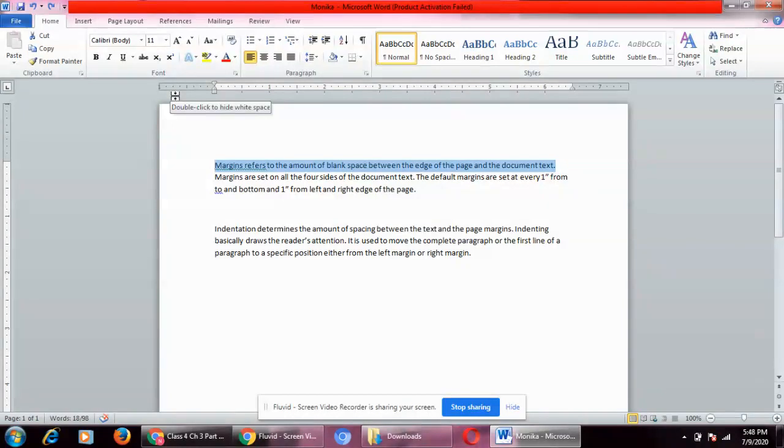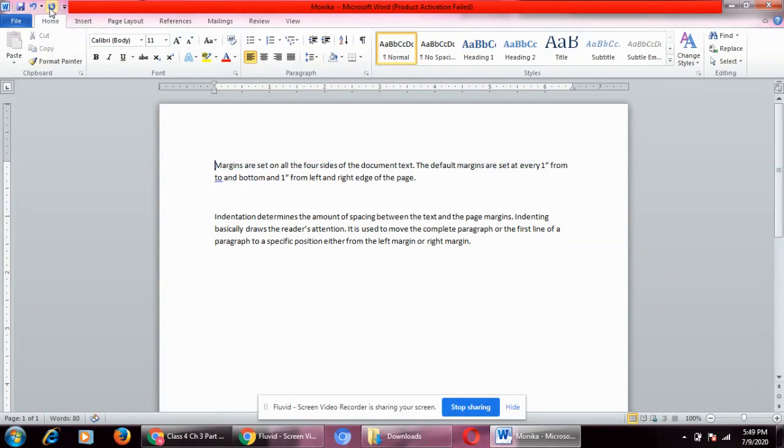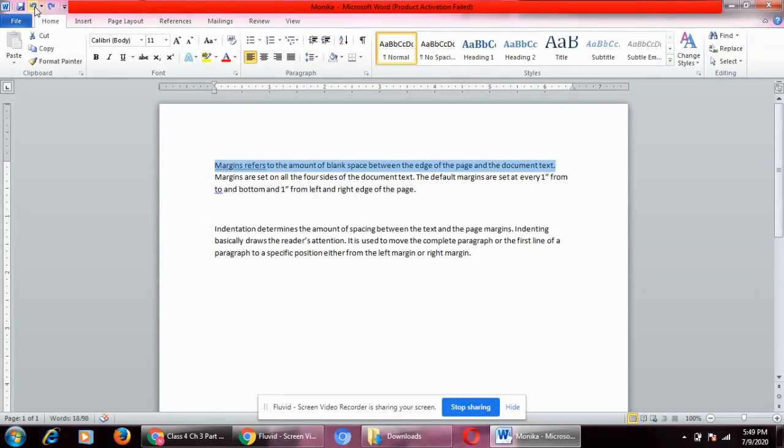This is undo. When I press the undo button, the line appeared on the screen. Now what was the last action I did? The last action was that I deleted the text. So if I click on the redo button, let's see what will happen. Removed. So redo means to reverse the action of the undo button, and undo means to reverse the last action.